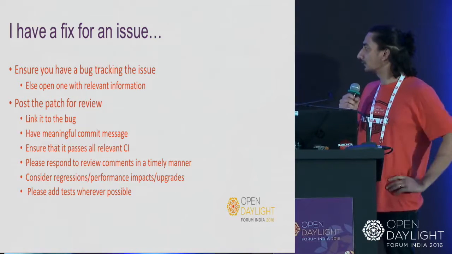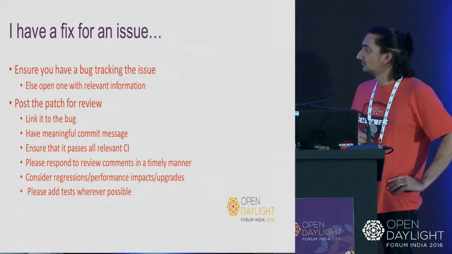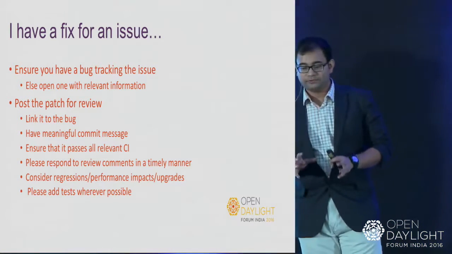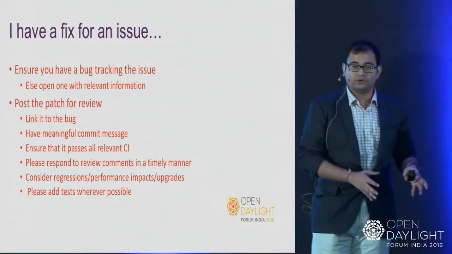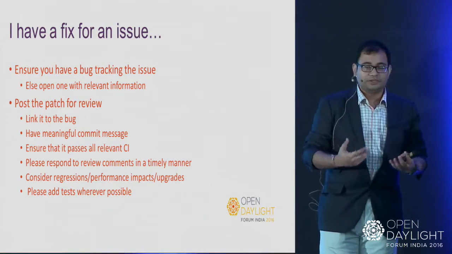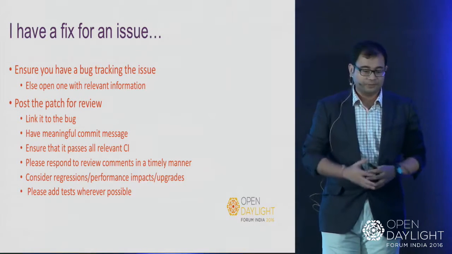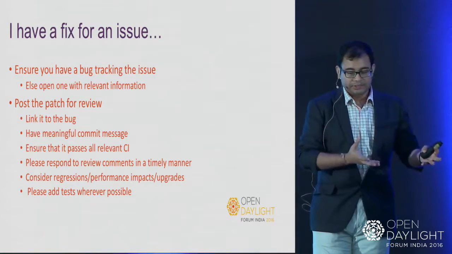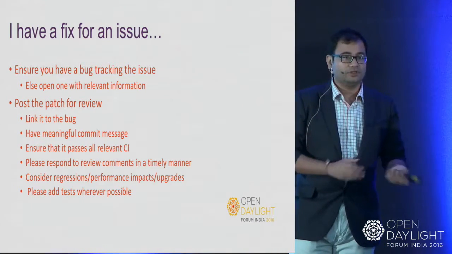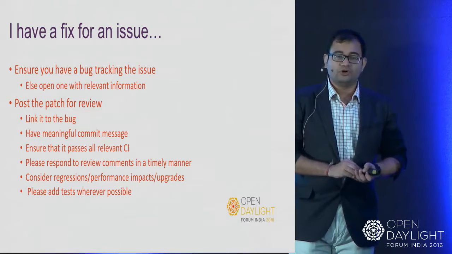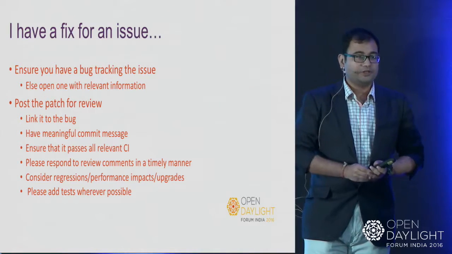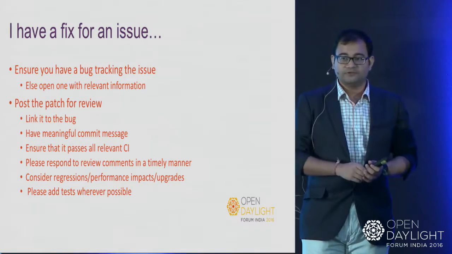Okay, so how do I find out who are the committers of my project? For any project, you have a wiki link, and the wiki link would give the set of active committers for a particular project in a given release, as well as a set of advisory committers who have been quiet for a period of time. So mostly add the active committers, or if you have managed to get a slot in one of the weekly meetings of the project, ask them who is willing to take a look into the patch. More often than not, people have been kind enough to opt themselves for reviewing patches.